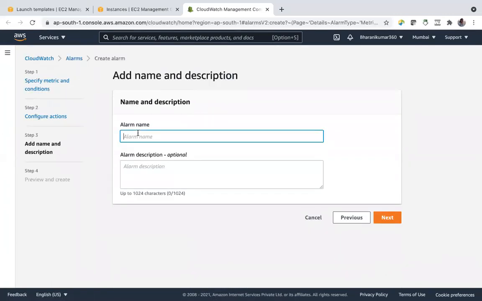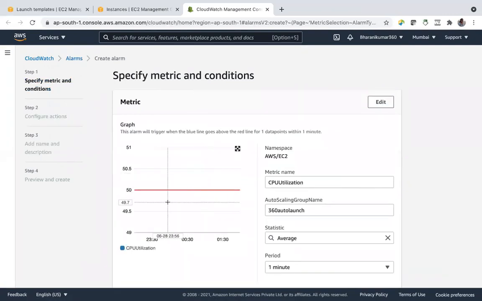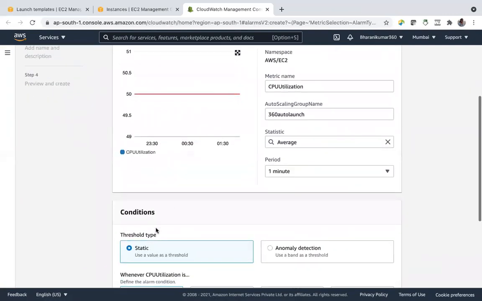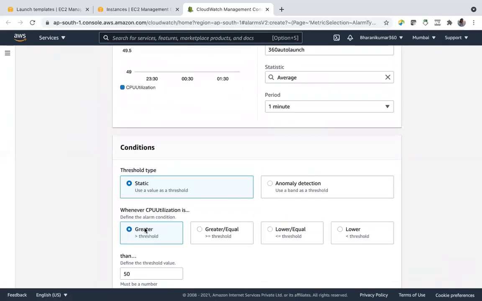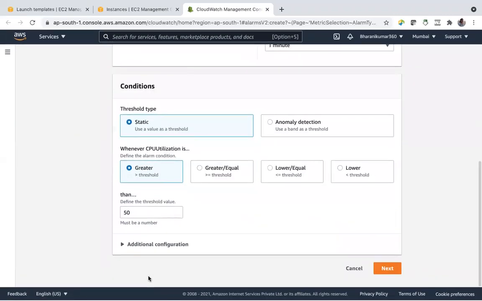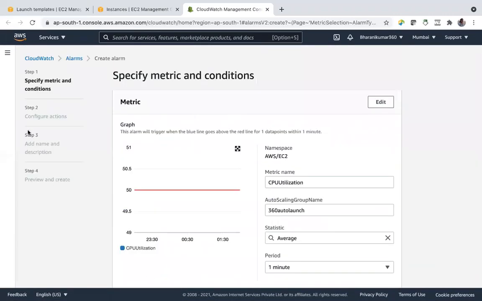Next, alarm name. Let us say this is scale up alarm. When CPU utilization is greater than 50%, it has to add instances. So that's why I'm calling it a scale up alarm.